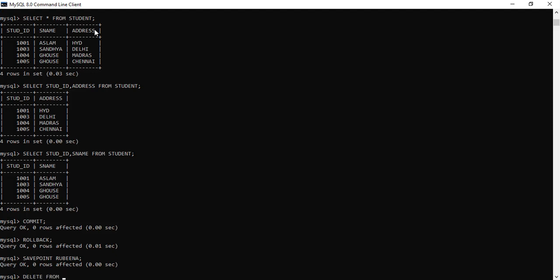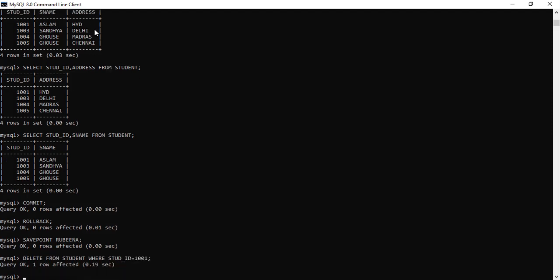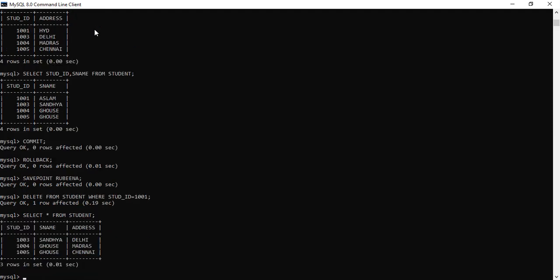Delete from student where stud underscore id is equal to 1001, means the first record will be deleted. Okay, now if you go back and check your table, Aslam's record has been deleted because 1001 was Aslam over here, right?